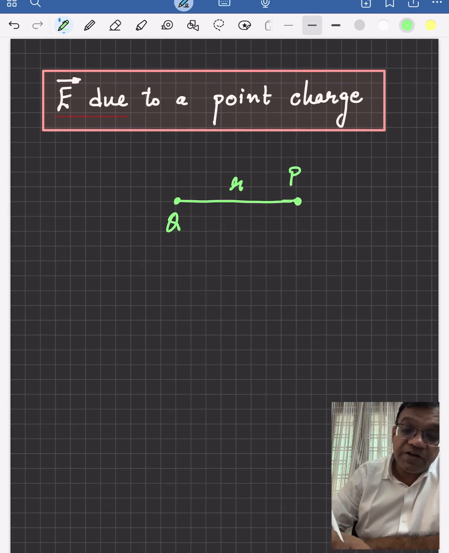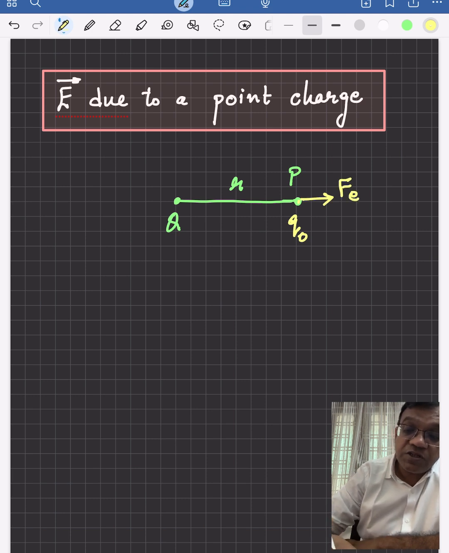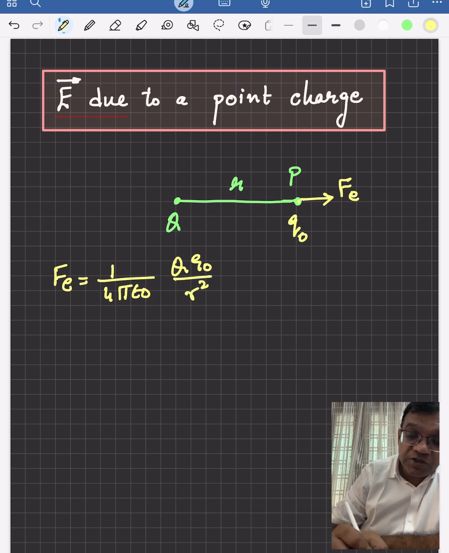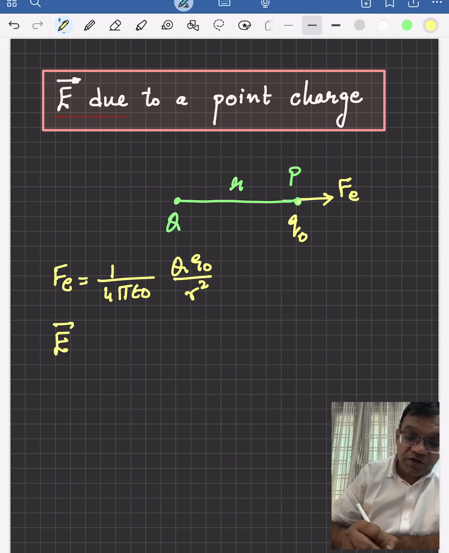Then what is the field here we want to find? At this point we'll place a positive test charge Q naught and find out the force experienced by it. From Coulomb's law we know that the force experienced is 1 upon 4 pi epsilon naught Q Q naught upon r square. So this force divided by